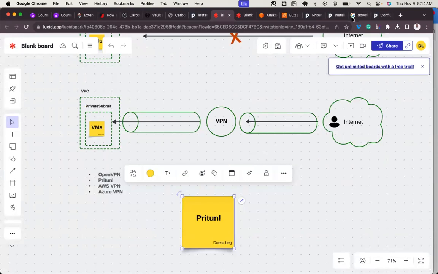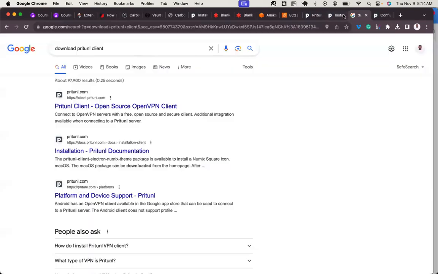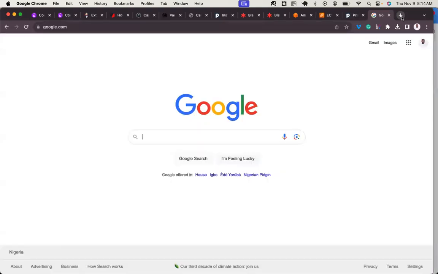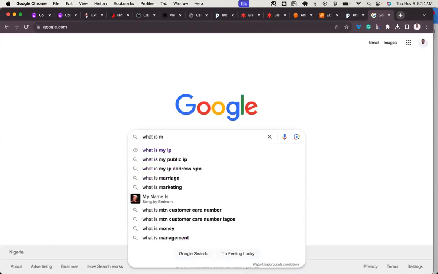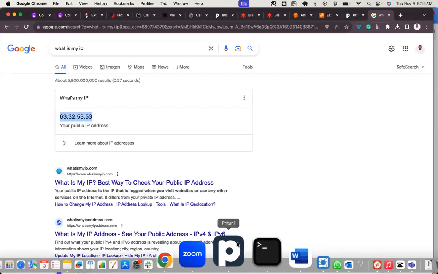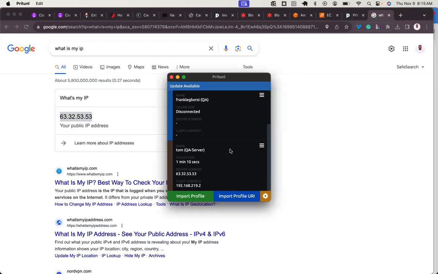Now, how do we know? Let's check. My VPN server, which is the Pritunl server, is 63.32.53.53. So now I'll go to Google and check what is my IP. It's going to display the IP of the Pritunl server. Once it displays this, it means that I am connected to the VPN. Now, if I disconnect,